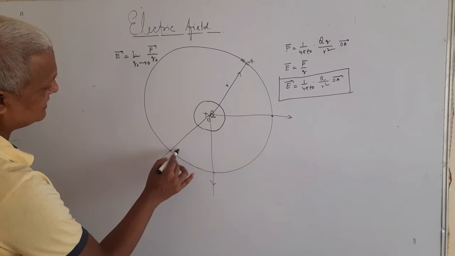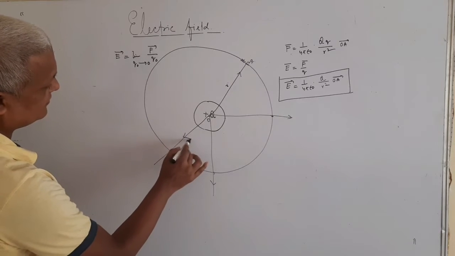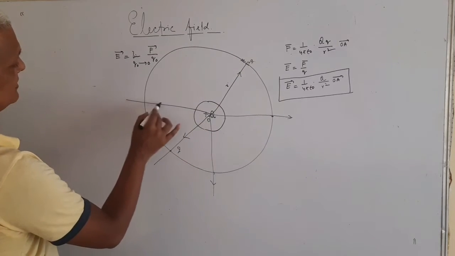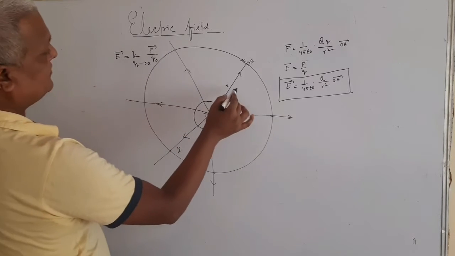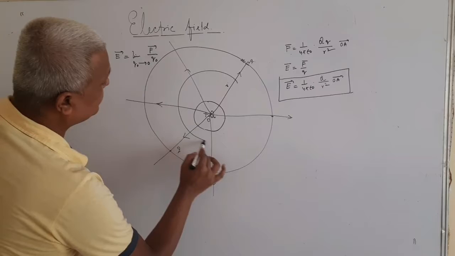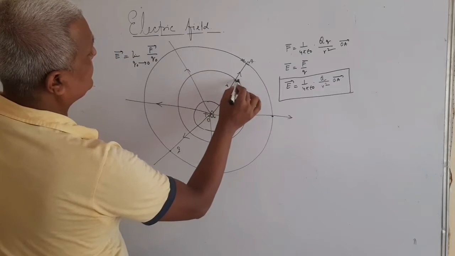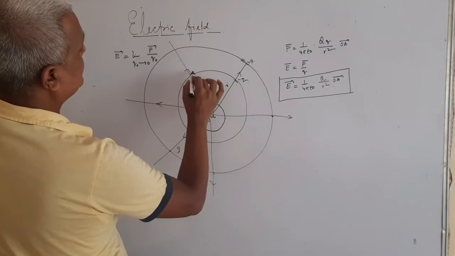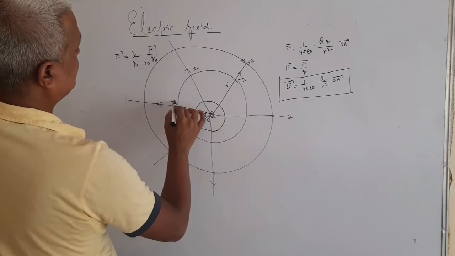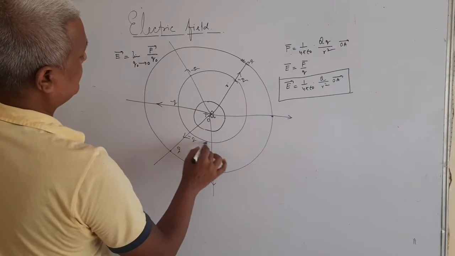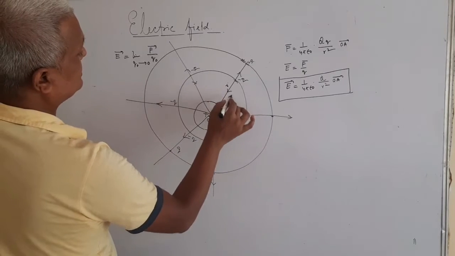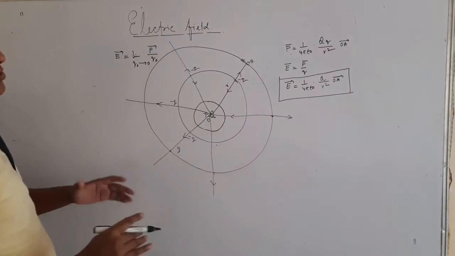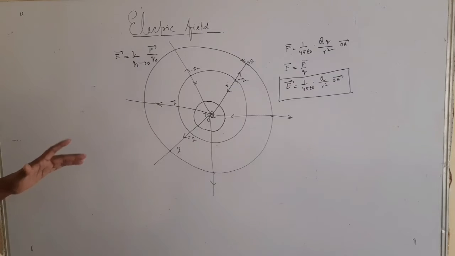Just to understand their nature, the field will be in this direction. This influence will be like this. But suppose in the interior I have another charge, minus Q. So the force now will be acting towards the center. So to explain the idea of the electric field,